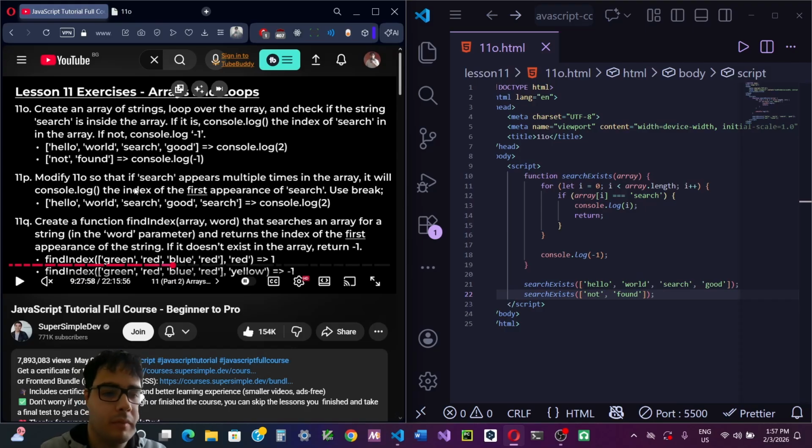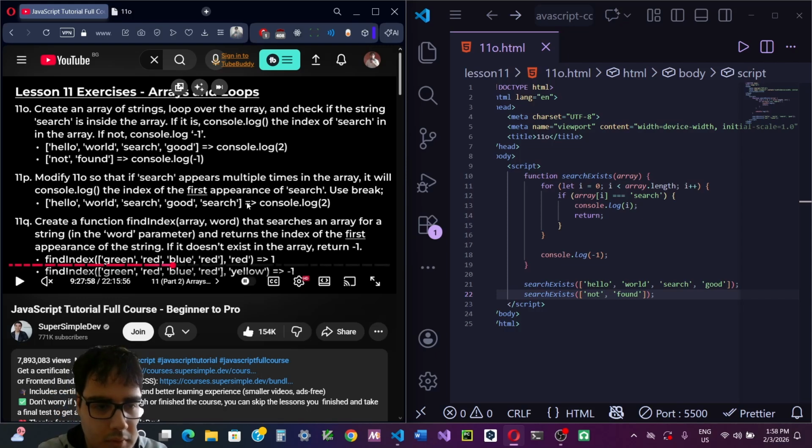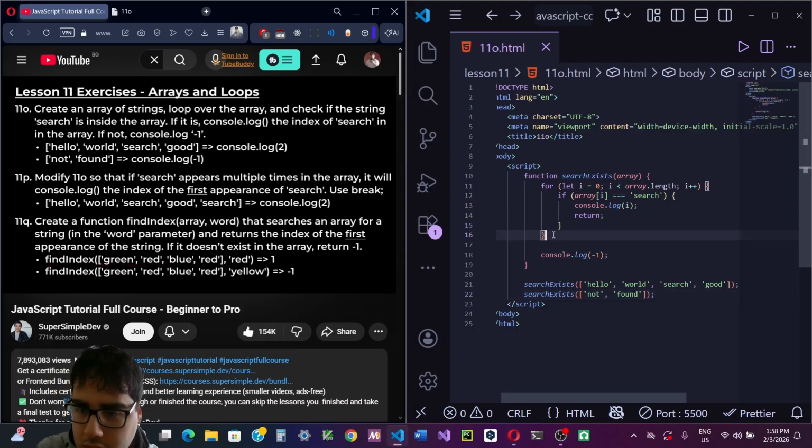Yes. Okay, modify 11 also so that if search appears multiple times in the array, it console.logs the index of the first appearance of search. Use break. So search, use break. I mean, I already